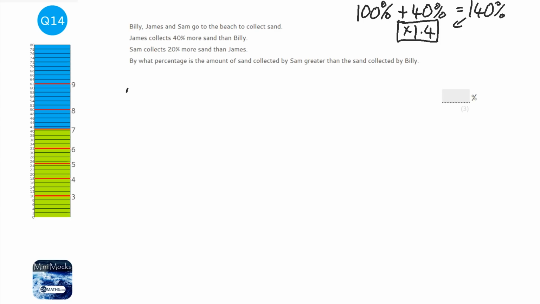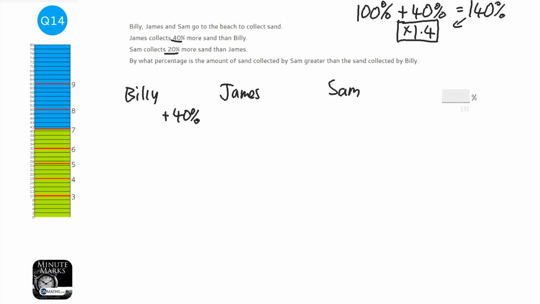So in this question we have Billy, we have James, and we have Sam. And we're told that James collects 40% more sand than Billy. So he's got 40% more. We're told that Sam collects 20% more sand than James. So he's got 20% more. By what percentage has Sam got greater than Billy? Okay, now the obvious answer is 60, and if you write 60, unfortunately you're not going to get the right answer. The way of doing this, as I said, is to understand